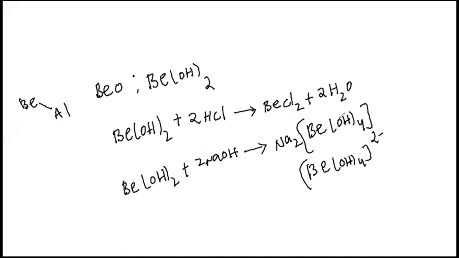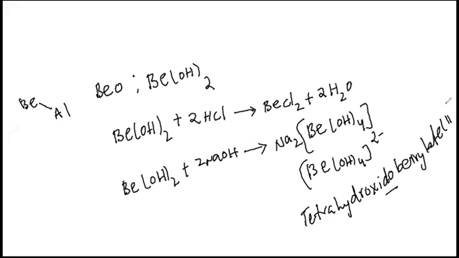What is the name of this compound? Tetrahydroxido berylate 2. We can write like this. Tetrahydroxo or hydroxido, some books have oxo, some books have ido. Hydroxido berylate 2. Why am I writing berylate 2? X minus 4 is equal to minus 2, which implies X is equal to plus 2. That represents the oxidation state. Okay, understood what I'm doing here? That is the reason I'm going with which option here? We can take directly option 4.